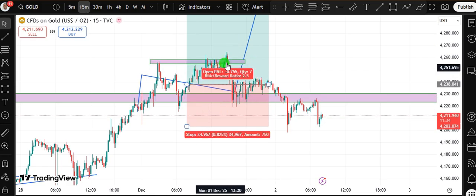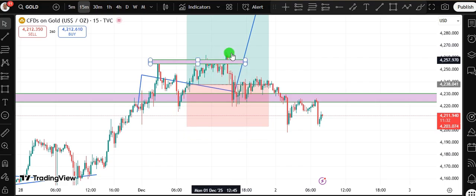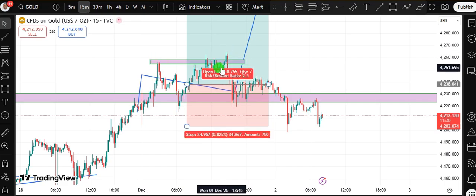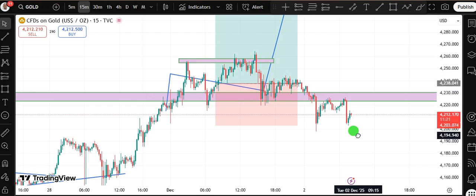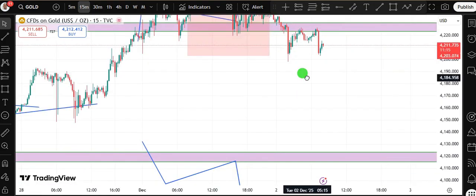Then I asked people to move the stop loss after this breakout. I think if it breaks above this, we move our stop loss below this, and that was when this particular move took us out at break even. Definitely, this was a break even trade. We didn't really end up losing this trade, but you can still see the market coming back into the zone. So are we going to short? No, no, no. I'm not shorting gold for now.